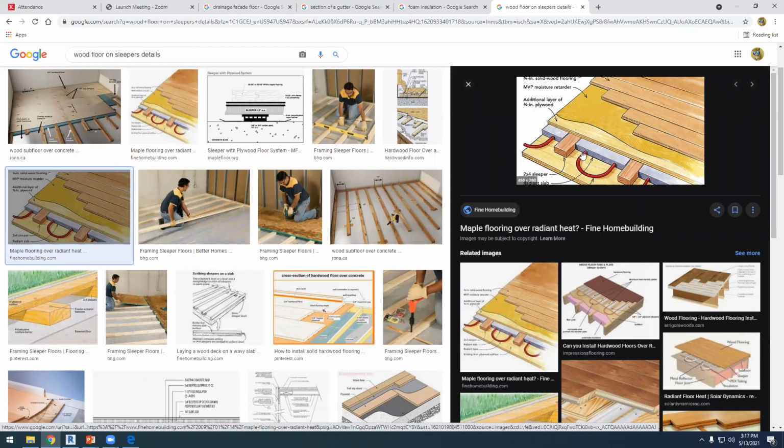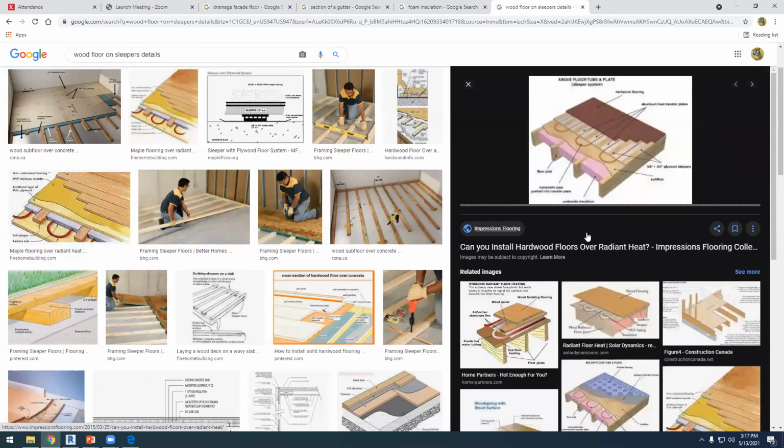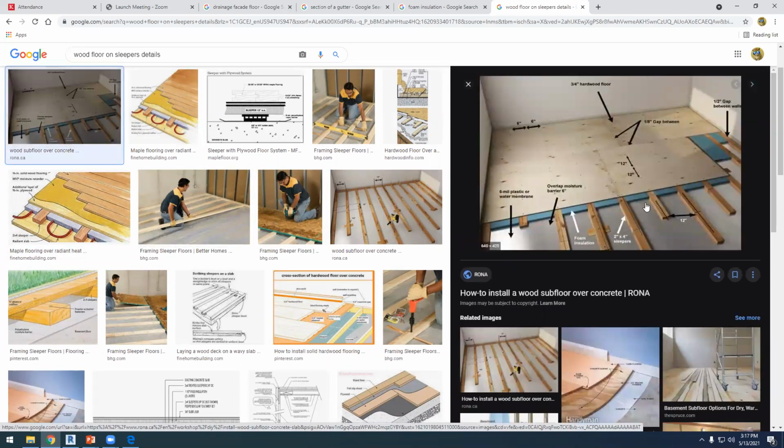Here we have a radiant floor, that would be even better. And I'm sure that there would be a radiant floor there, because here we don't see any heating systems, but this is too much. This is the kind of floor that we are doing. We have the sleepers, and then the thermal insulation between the sleepers, and then the flooring that can be made of any wood, your favorite wood. You can use